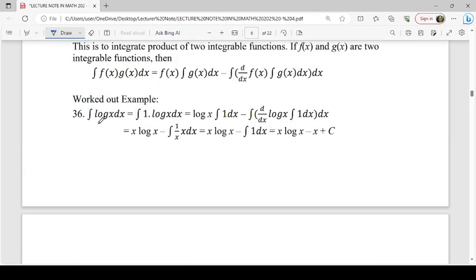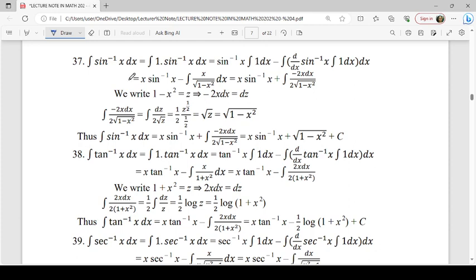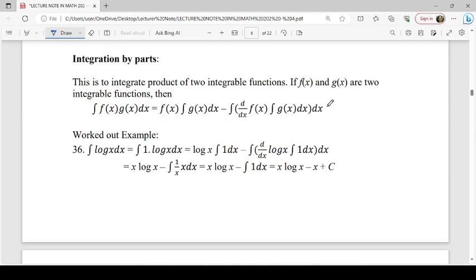So what we are having: integration of log x is x log x minus x. Similarly, integration of sine inverse x, same procedure. We write it as 1 into sine inverse x. It is equal to sine inverse x as f(x) and 1 as g(x). So all this by formula, this formula,